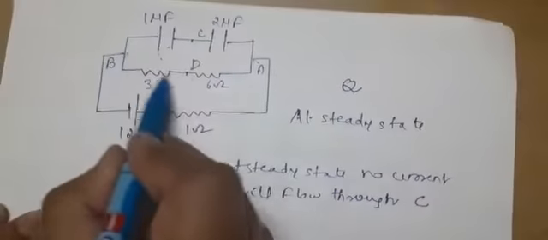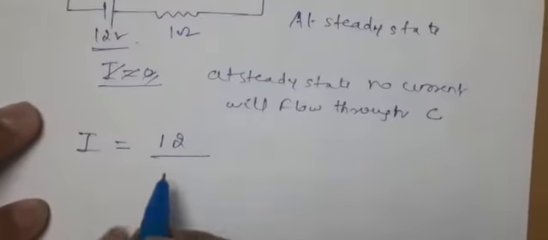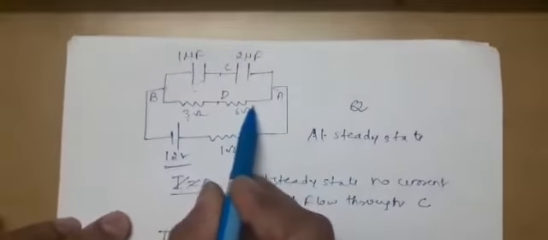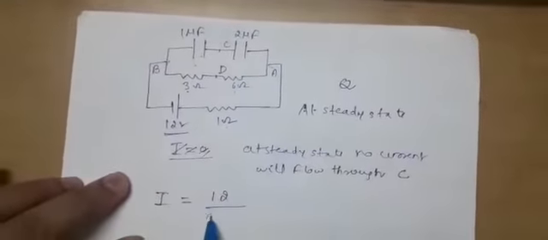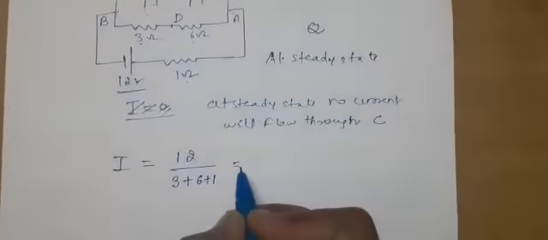So now you will treat this as a circuit. Here battery is this. Now voltage is 12. What will be the total resistance? See 3, 6 both are connected in series. This is also connected to 1 ohm in series. The total resistance I am writing in the denominator directly.